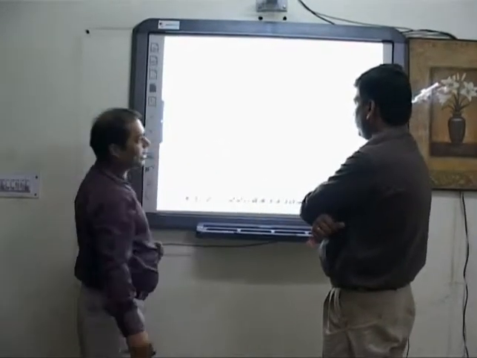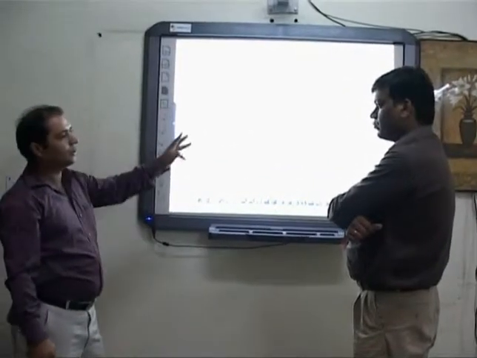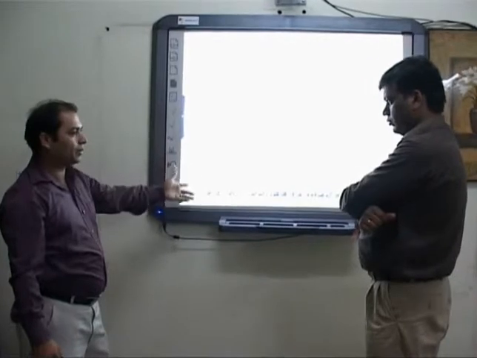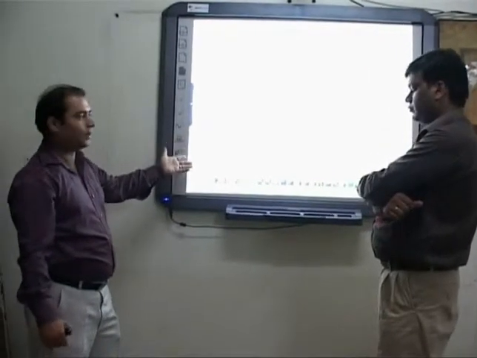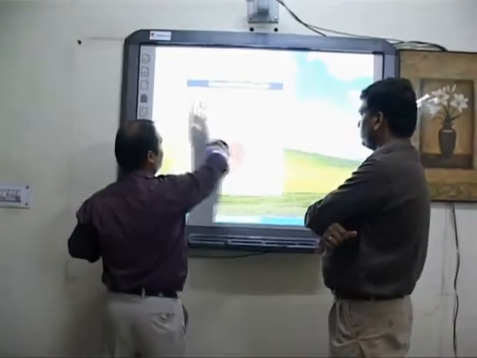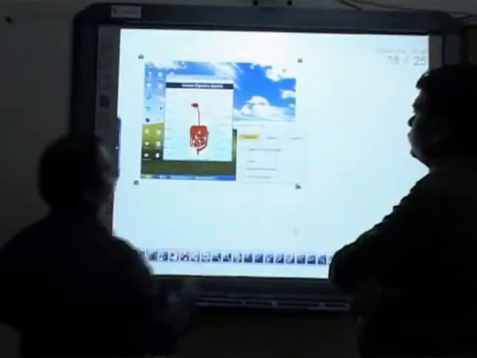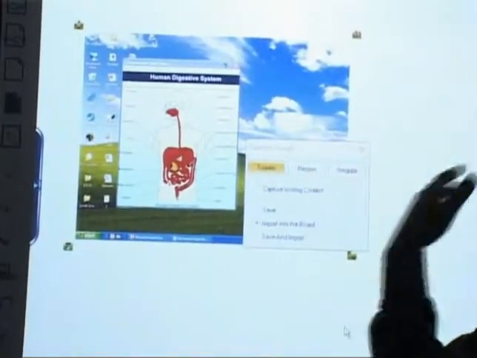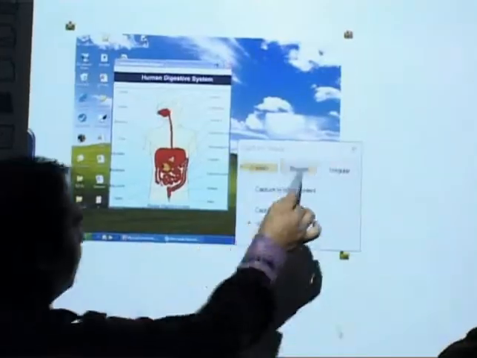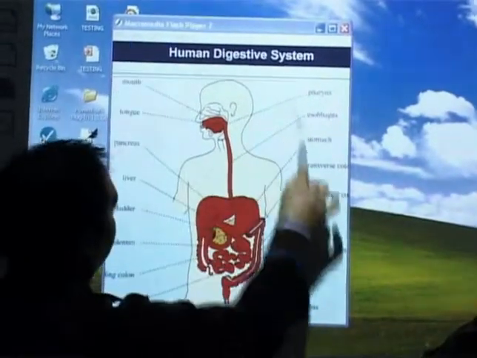We can capture an image in three manners, like full screen capture. Whatever you are opening in the background, opposite the whiteboard application, you can capture that particular screen, or the entire screen, or you can capture some part of the picture.